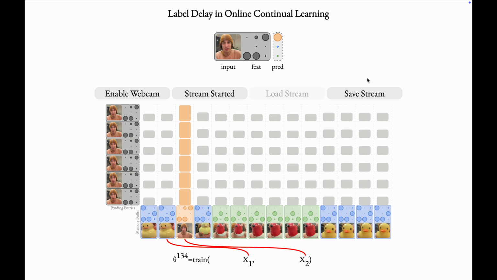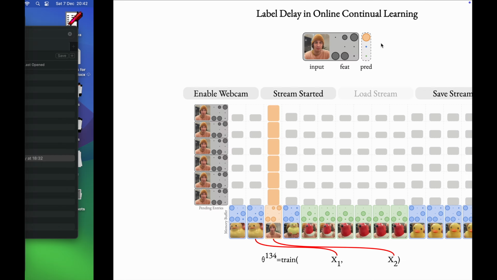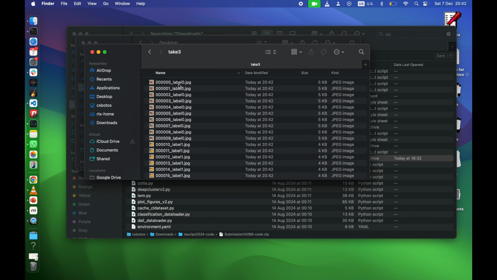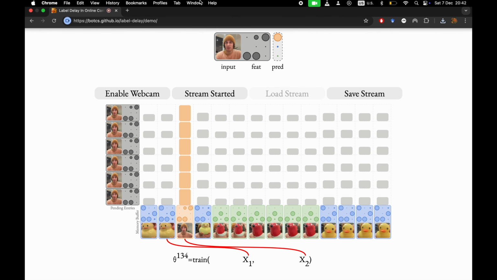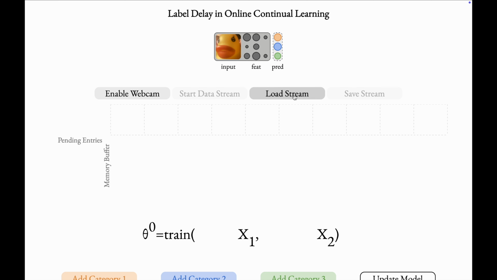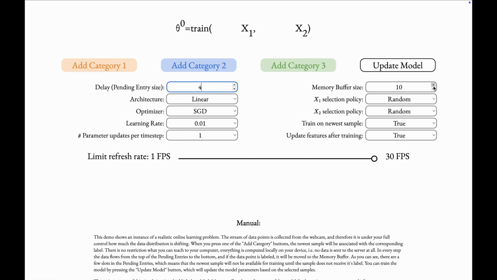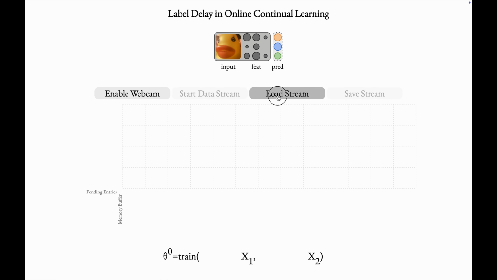Well, actually, there's one cool feature that I wanted to share as well. If you are interested in reproducing all of these results, then you are lucky, because you can just press the save stream button, and this will allow you to save a zip file. In this zip file, you are going to have all the images you have recorded, sequentially indexed with all their corresponding labels. This is great because if you want to reproduce the results, you just reload the page or open a new page, or you can also send it to one of your friends, set the configs accordingly to your own experimental requirements, and once you have set it,